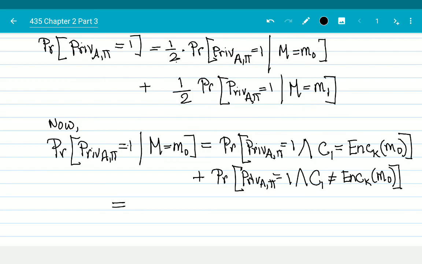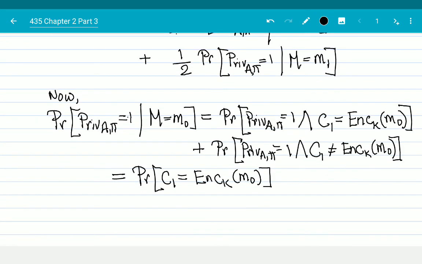As long as encryption is c1, the condition that the experiment succeeded is redundant. So this is the same as the probability that c1 is equal to encryption k of m0. Okay? Plus,